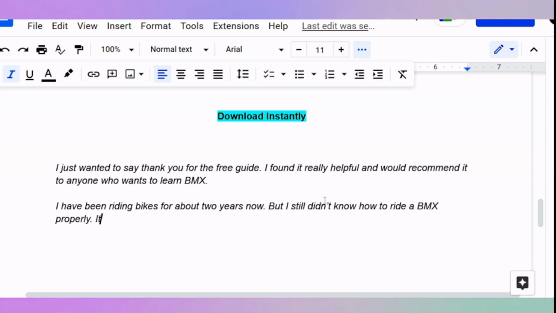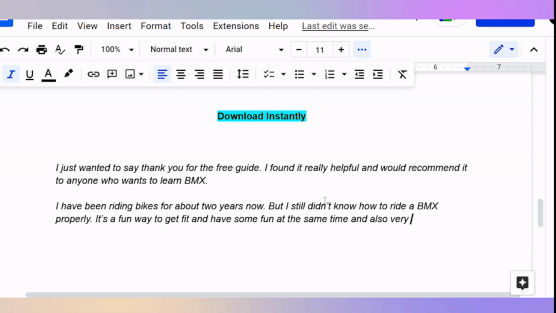It's a fun way to get fit and have some fun at the same time, and also enjoyable, I think.